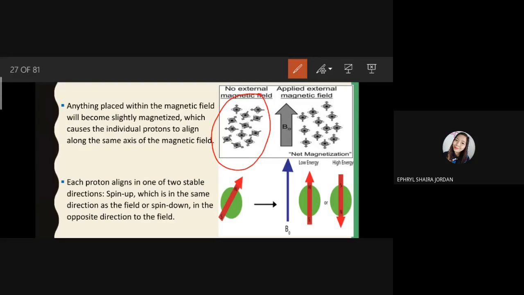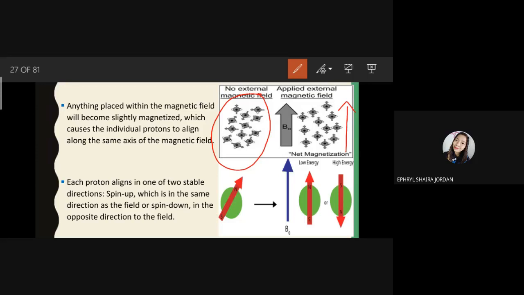So, randomly, ang kanilang mga arrow, or that's what we call vectors, kahit saan nakapoint. But if there is an external magnetic field applied, they tend to align with the magnetic field. Well, not necessarily na they would all align with the direction of the magnetic field. Some will still be